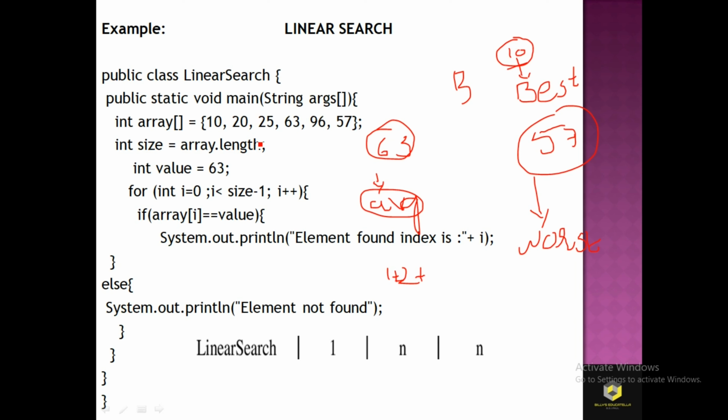For 25, we have 3, and for 63, we have 4. And we do not stop at 63, but also search the remaining elements in case there is another 63 in the given array. So (1 + 2 + 3 + 4 + 5 + 6) divided by the number of elements, that is 6, equals 21 by 6,